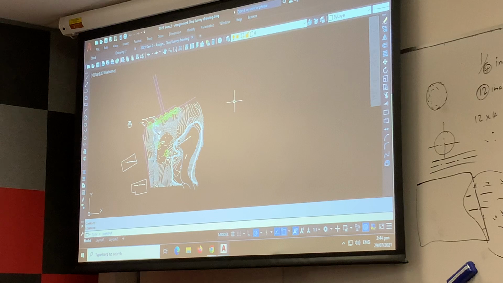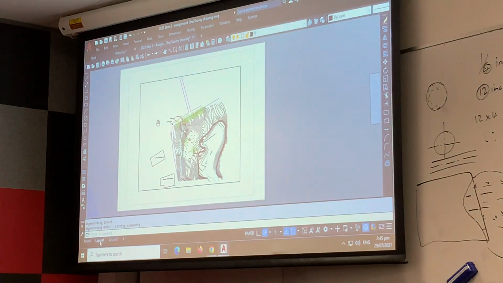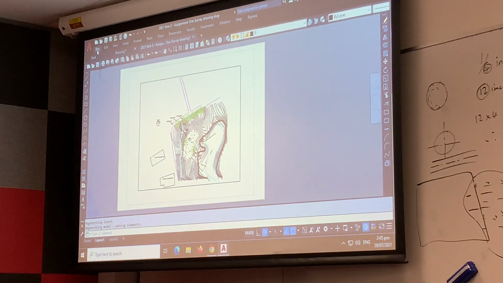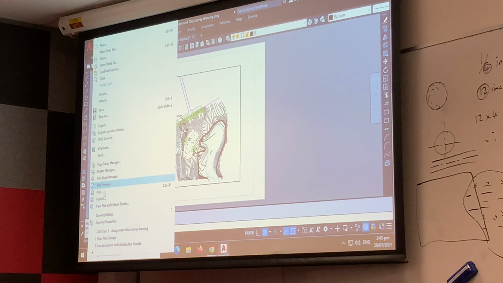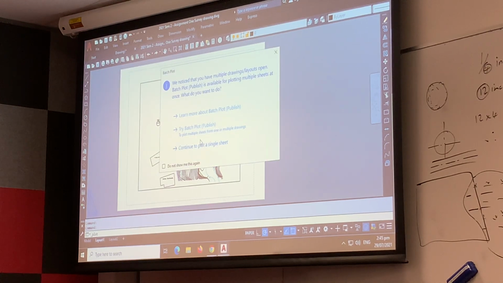So I've opened up the survey drawing, and I'm going to go into layout 1, and it looks something like that. And I'll go file, plot, continue,